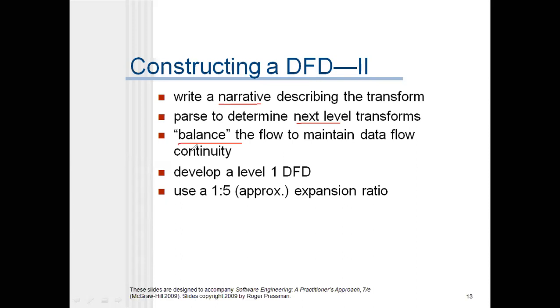And after taking these three steps, we are going to draw the level 1 DFD. So it's approximately a 1 is to 5 expansion ratio, which means one process may have 5 subtasks, sub processes. One process may have 5 subtasks,